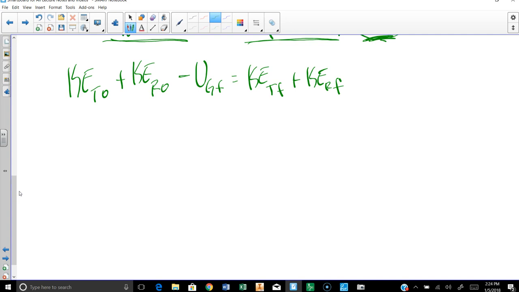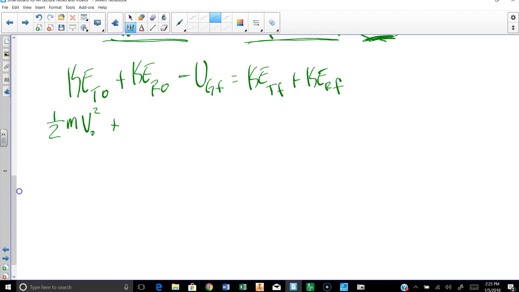So I think it's time we actually put in some of the players here. So instead of just writing kinetic energy, let's do this. We're going to write 1/2 mass of the bowling ball. I know I don't know it, but you probably can guess what's going to happen to that, times the initial velocity, translationally, of the ball squared, plus